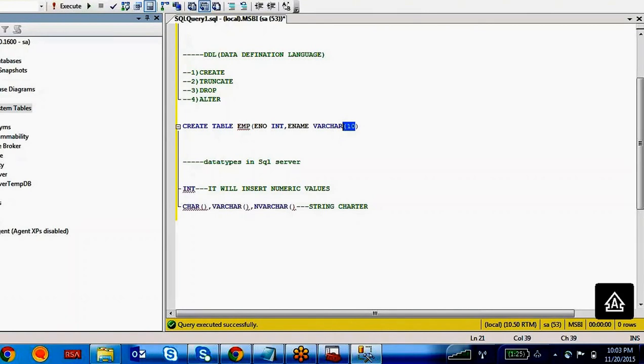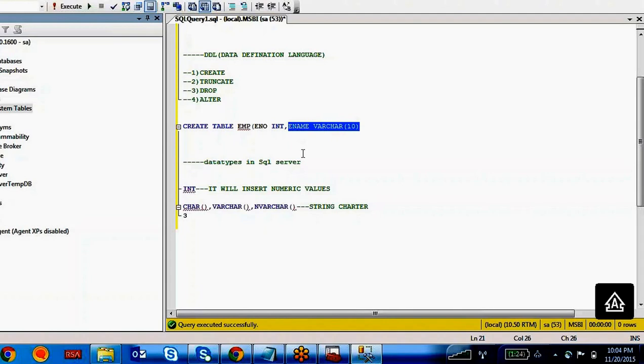But the difference between character and varchar is, if you are inserting Ram having only 3 characters, here you are allocating 10 characters, but how many characters you inserted into this employee name, that much space only it is taking. It will release the remaining 7 character space, and that remaining space you can use for another. But in character it is not releasing the unnecessary space, it is using unnecessary space also.